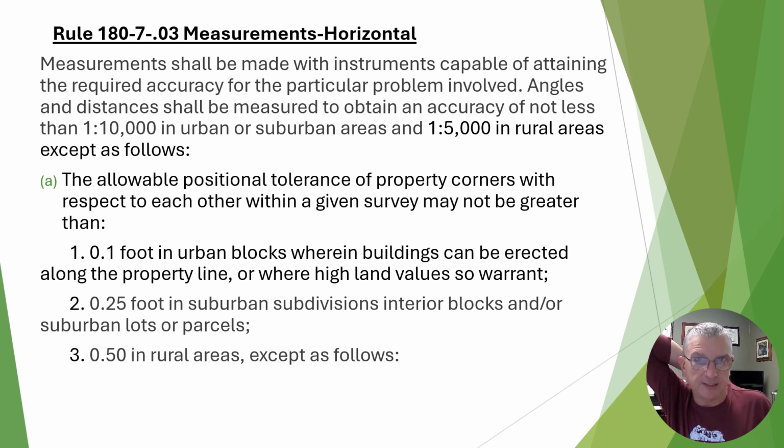Basically what this is saying is a traditional traverse by angle and distance, total station, robot, transit and steel tape, closure precision of 1 part in 10,000 in urban or suburban, or 1 in 5,000 in rural areas. Now, a lot of measurements nowadays are not done with the traditional traverse by angle and distance. And even if you're using an instrument with angle and distance, smaller tracts may not really be necessary to conduct a full traverse. And so